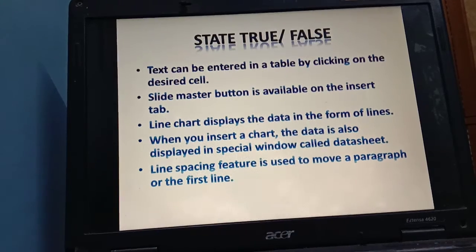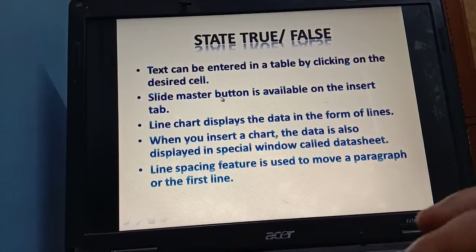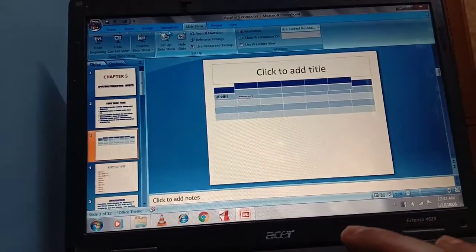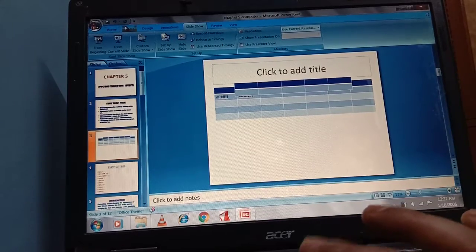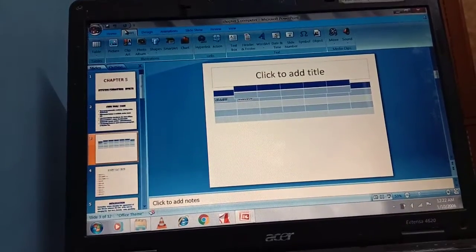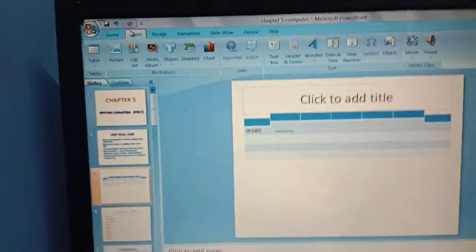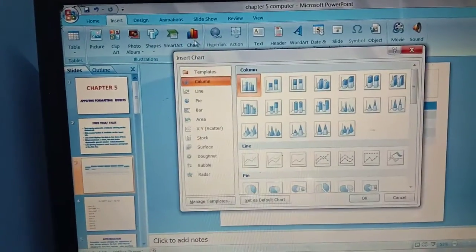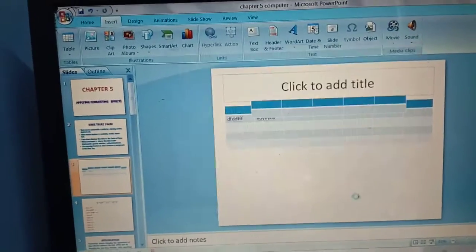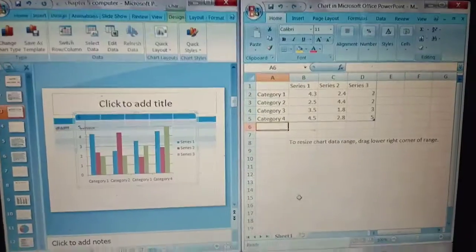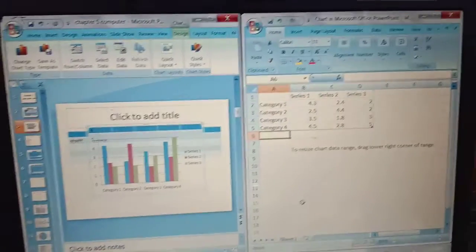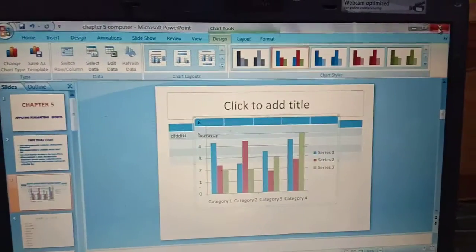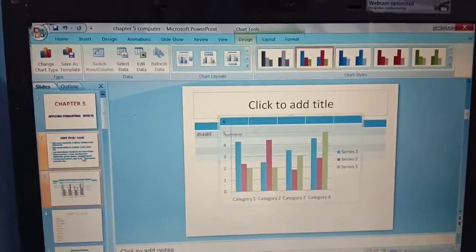If you want to see it once more, let me show you how. Let's insert a new chart and then I will show you. For example, here I want to insert a chart. I think you are all aware about it: go to the insert menu and then click on the chart option. For example, this chart I want to insert, and click on OK. As I insert the chart, there are two windows. One is a datasheet window and one is our PowerPoint presentation. Is it clear? I hope you are all clear about that fact.